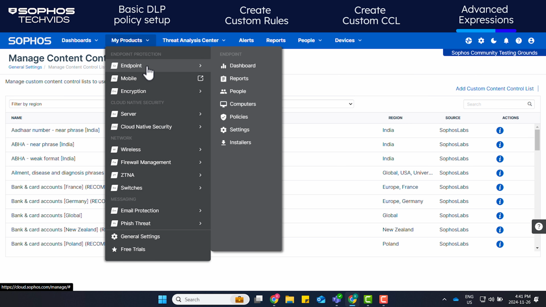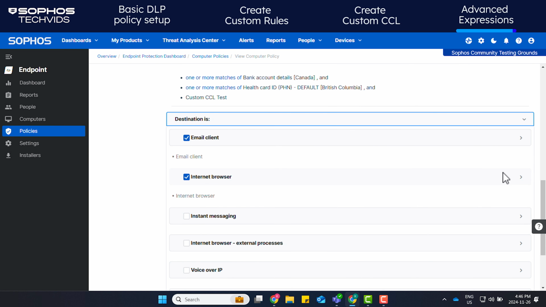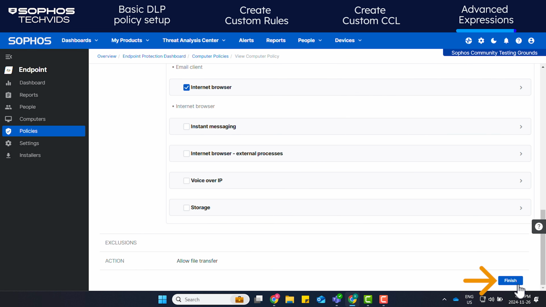Under Settings, click Content Rule Test, and click Next Rule Configuration. Click File Contains and search for the CCL we created. I'll select Custom CCL Test by clicking on the checkbox. Set up the destination and click Finish. The advanced expression is now set up.